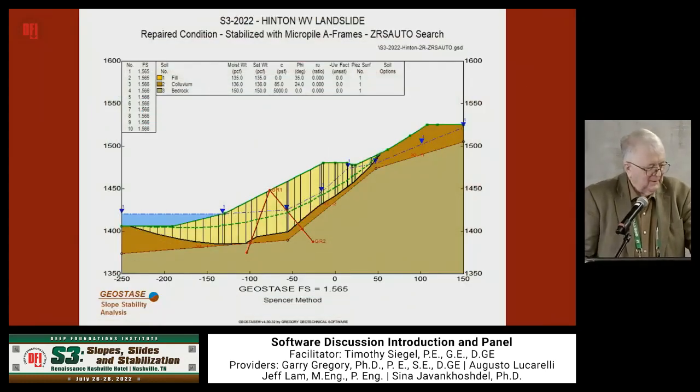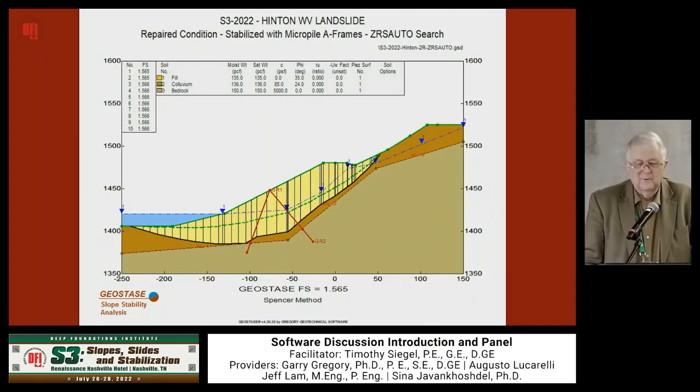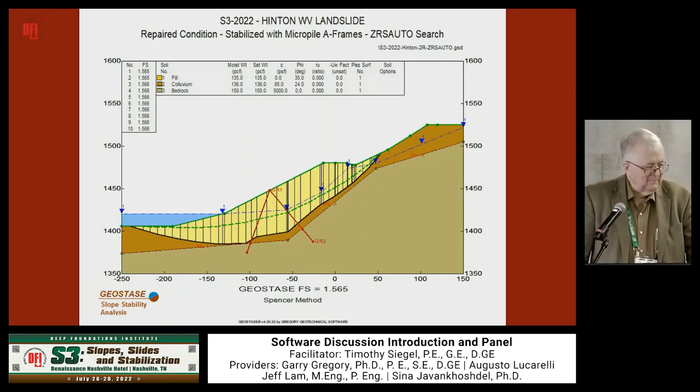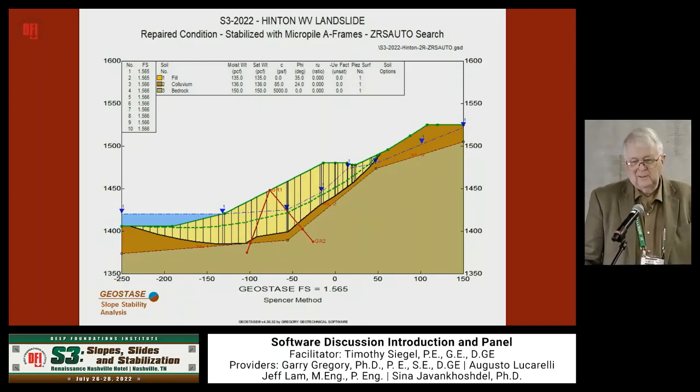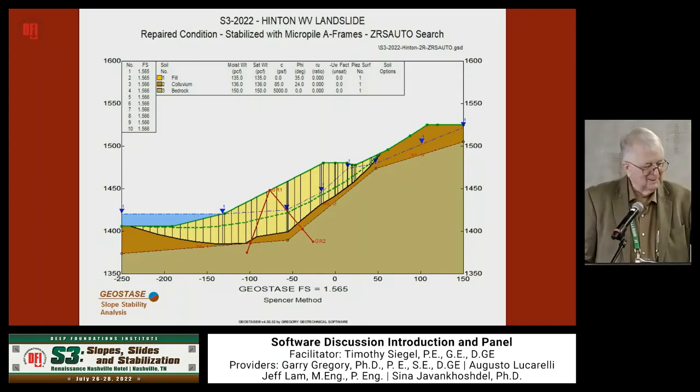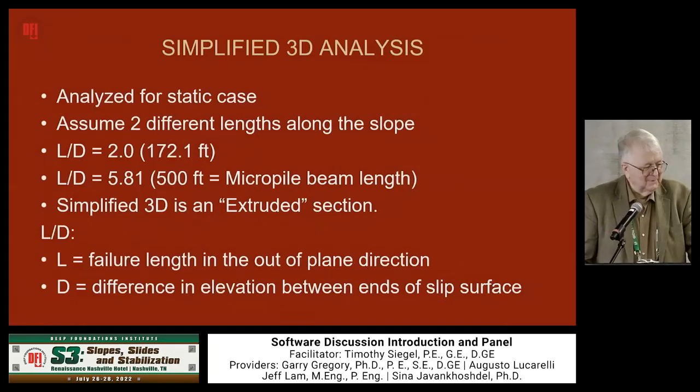All right, so going on to the reinforced analysis with the A-frames, I got a limit equilibrium factor of safety. This is all 2D right now. Limit equilibrium factor of safety of 1.565. And when I shortened up the micropiles in even or whole feet increments, I got a little below 1.5, so I went with this one. So this met the criteria, and then I ran 3D analysis with the limit equilibrium,